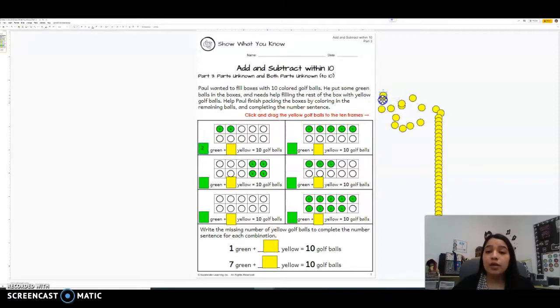So we're going to click the counters and we're just going to drag them to the white spaces, like that. So we're going to do that until we make 10. So let's count. 1, 2, 3, and then drag 1, 4,